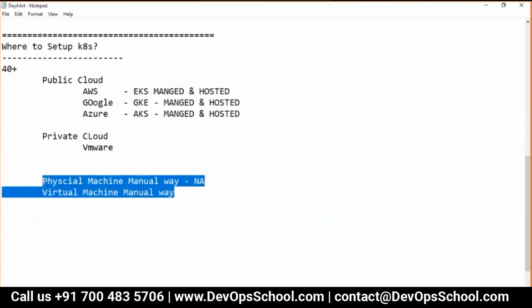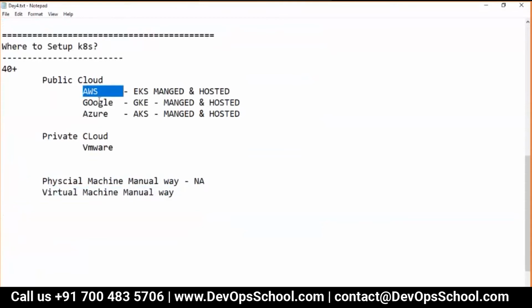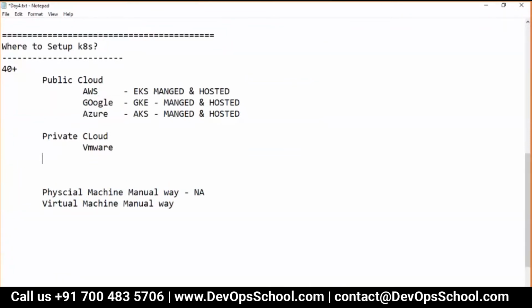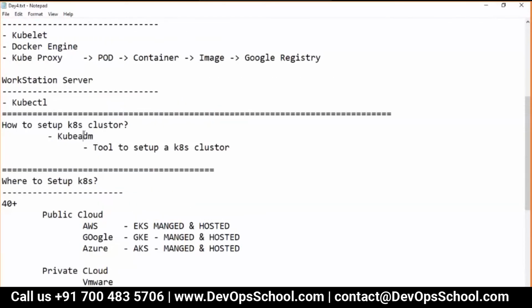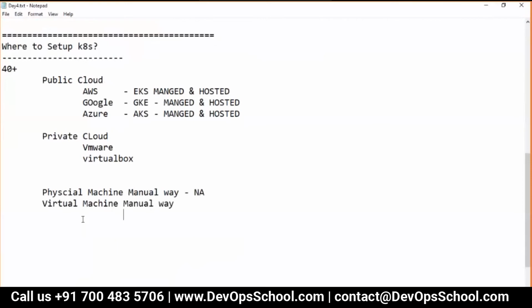But you can also set it up through VMware. And if you want to set up on virtual machines the manual way, it can be a virtual machine on AWS, on Google, in Azure, VMware, or the one we are using, VirtualBox.